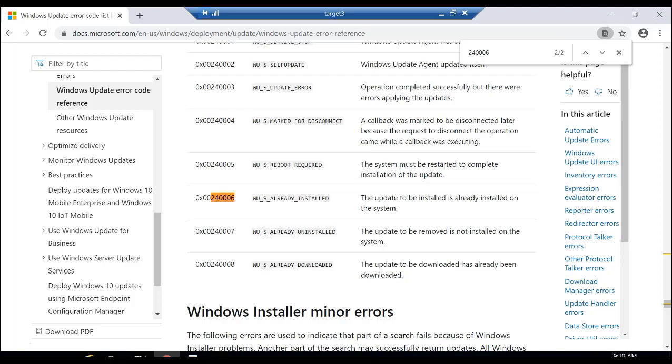Then we can probably search for that error, and once we identify that there was this particular error, if we want to confirm whether this patch is actually applicable on the server or not, like in this case 24000006, the message was pretty clear that the patch is already installed. So we went into our patch analysis job and found out that there was a pending reboot. If there is any other error code, we'll again go back to the patch analysis.